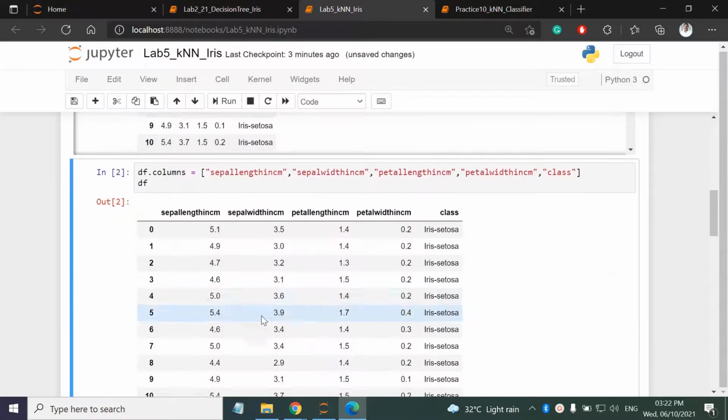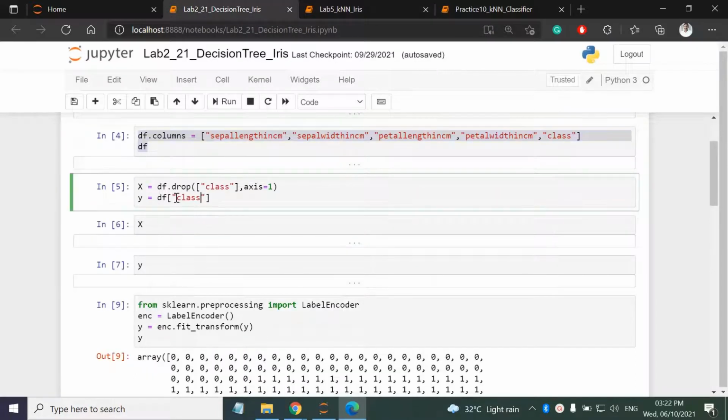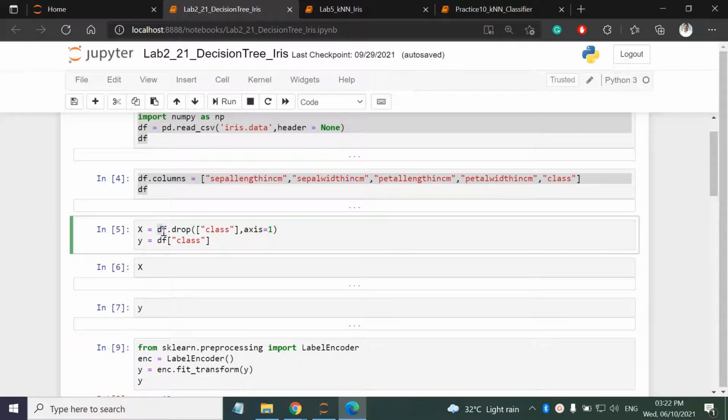Then we know that we have to split this data set into 2 parts. The first 4 parameters are my input attributes, and this is my output. We generally call input attributes as capital X. This is my capital Y. Okay, so for that what I am doing, from the entire data frame, I am dropping the class column. Okay, so if class column is gone, that means that will be the input attributes.